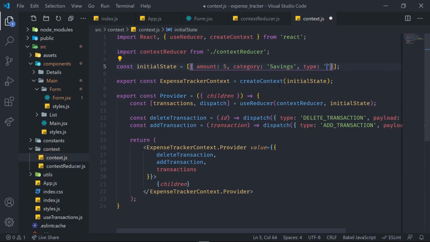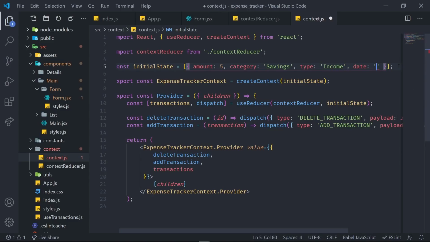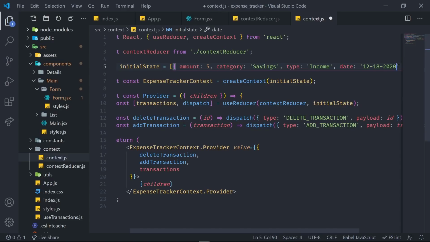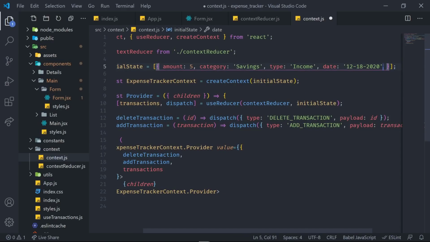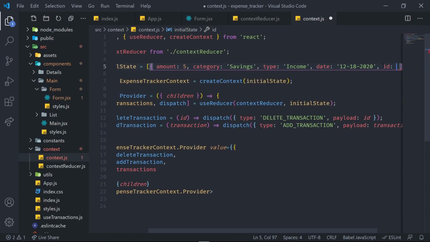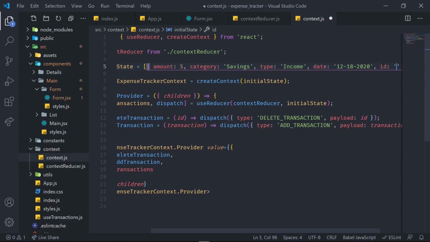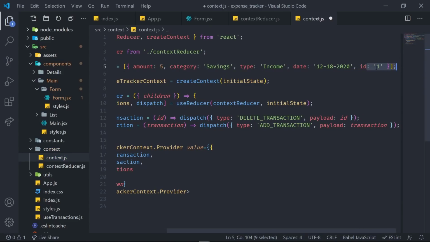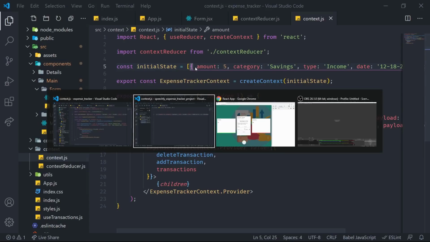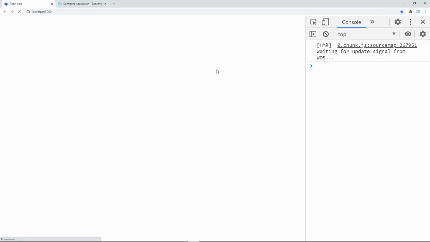Type is equal to income. And we can add a date. Let's use the current date. So I'm going to say 12-18-2020. And then we can add our ID. In this case, it doesn't really matter. We can just say ID is equal to something like 1. That is it. Now, if we save that, what you'll be able to see is that if we refresh the page,